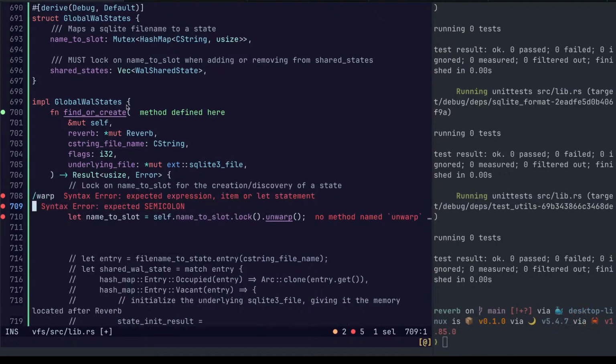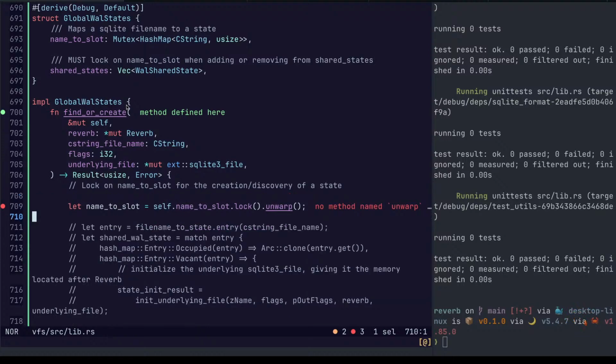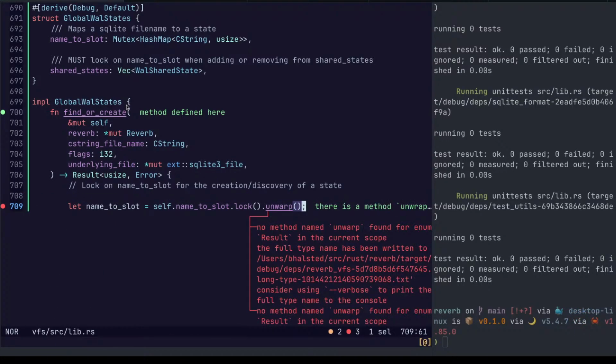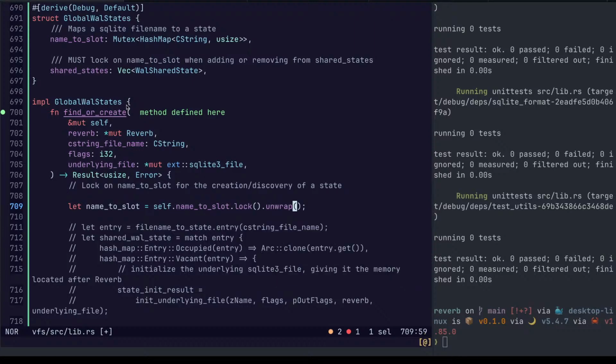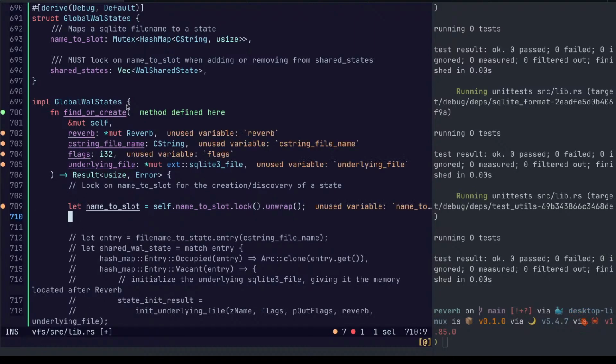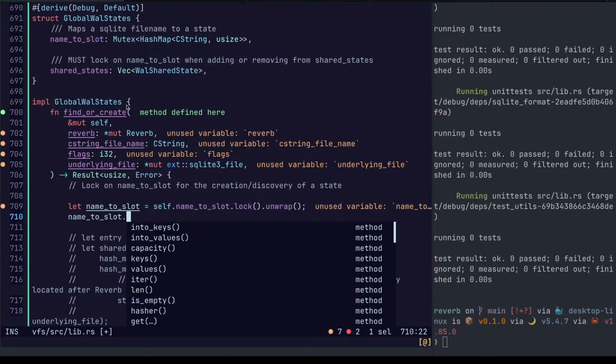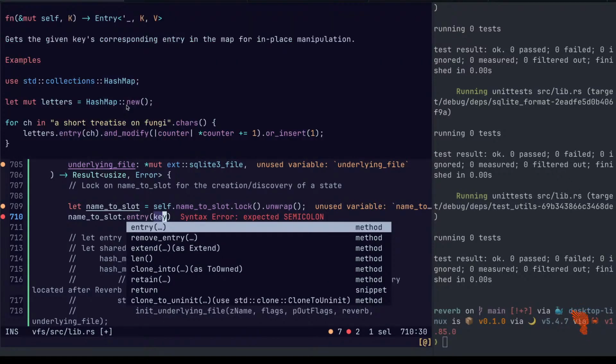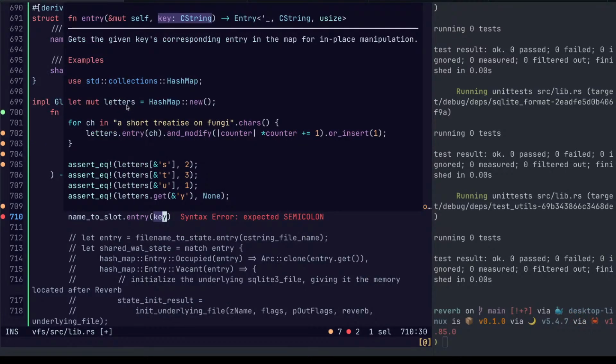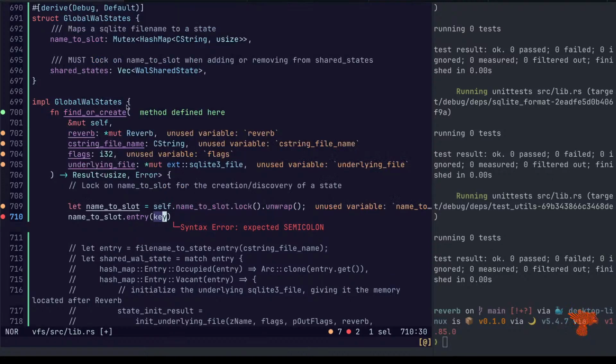Unwrap. Oh, nope. Let's try searching again. Yeah. Dot entry. And we want the file name.